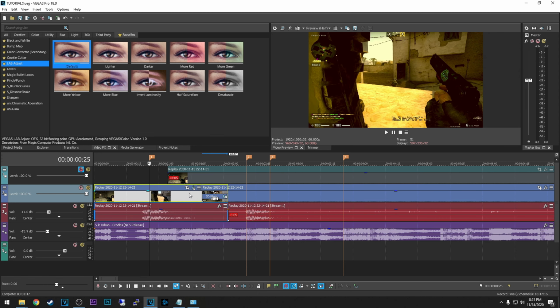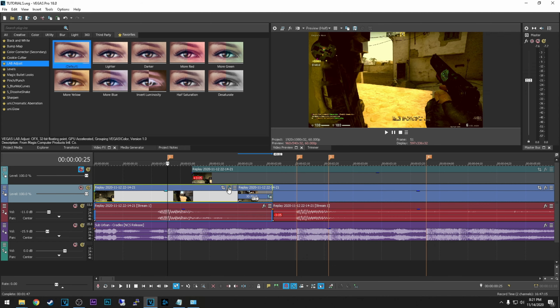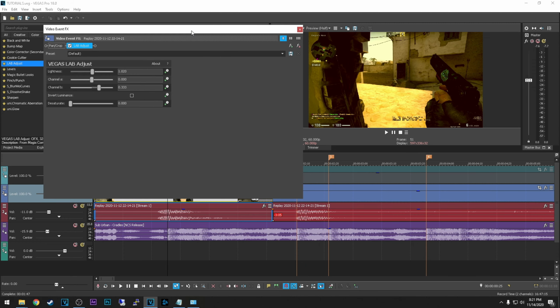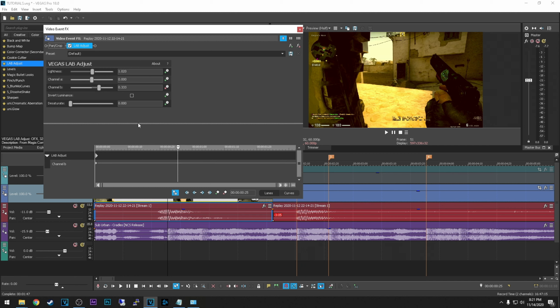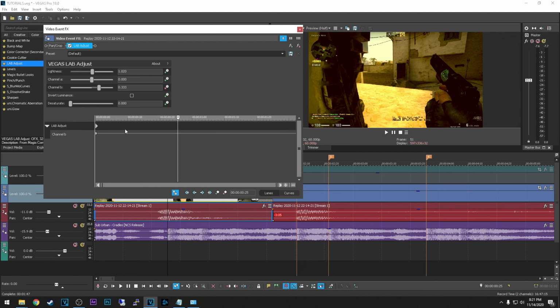So in order to do that, you need to understand the concept of keyframes. Meaning, you can animate an effect by clicking this icon right here that's actually called animate as well. And you will see that on the bottom we have a new option to add and modify keyframes. So what keyframes mean? They're basically like a setting in a point in time. So I'm looking at the channel B keyframes right here because I pressed animate on it. If I press animate on something else, it's gonna pop up here as well, lightness. Okay, but I don't want that, I just want the channel B.